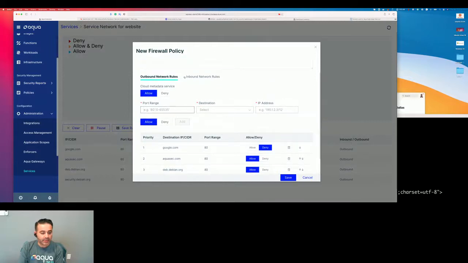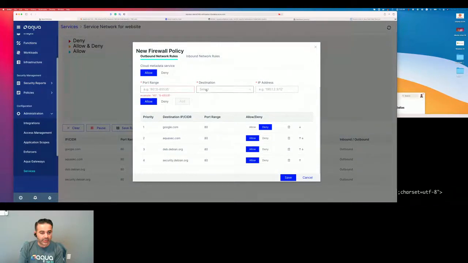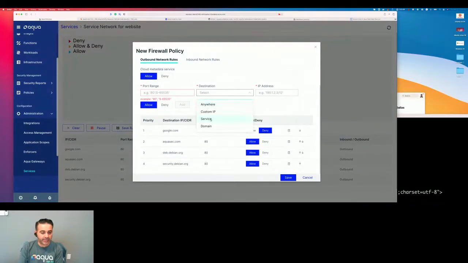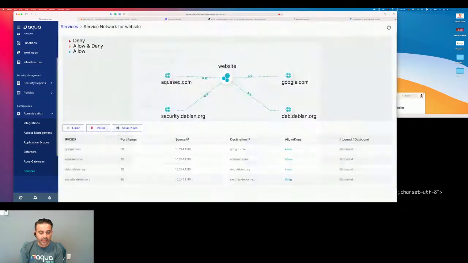This is the outbound rule, but we also have an inbound rule as well. It's the same thing. I could do a destination, could be anywhere, IP address, service, or domain. Services are other containers in my environment. So this is how you would control container to container traffic. But right now, I'm just going to deny access to Google. I save the rule. I come back here,